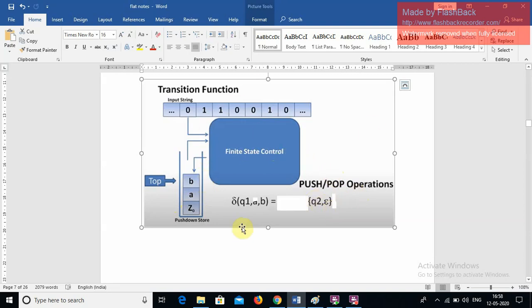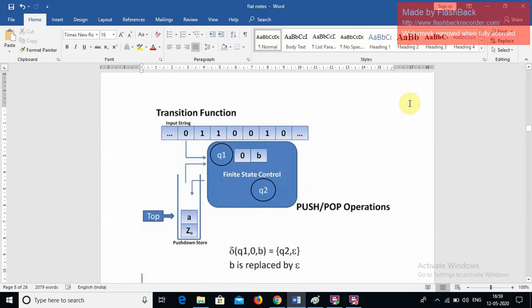That is actually happening. So this is the triplet: state, input symbol, and a stack variable. This triplet is given to the transition function. What is actually happening? This will happen. Okay, so we'll see the result here. So the input string and stack previously consisted of b, so both the input symbol and b are popped from the stack. That is at the current state, and the finite state control is transformed to the new state, that is nothing but q2.